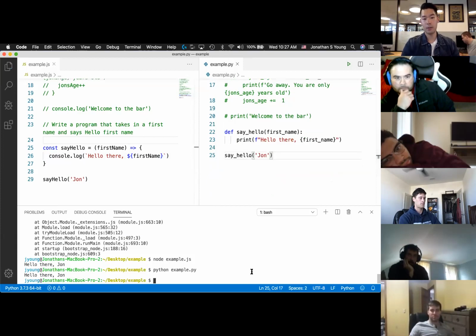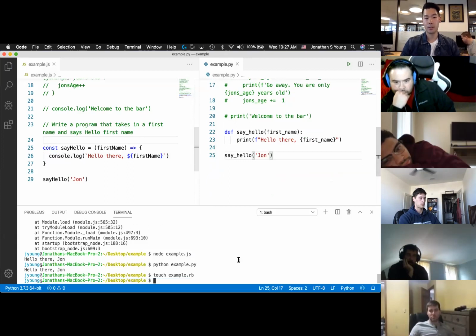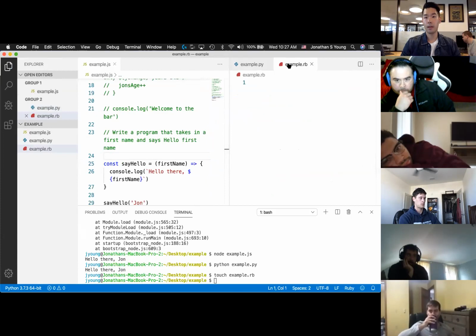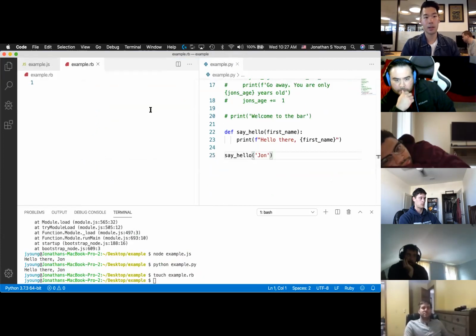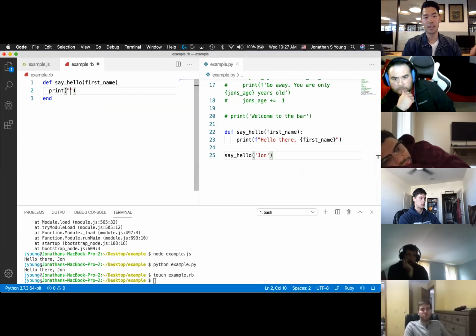So if I were to create a new file, example.rb, and I'm going to open that on the left side here. If I were to do the exact same thing, God, I haven't written this in a while. def say_hello, takes in a first name. Print, hello there.